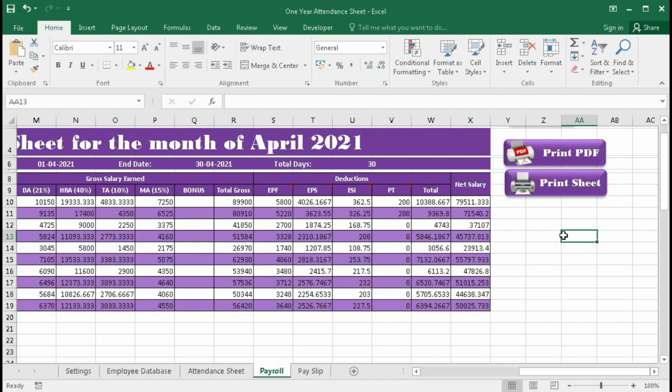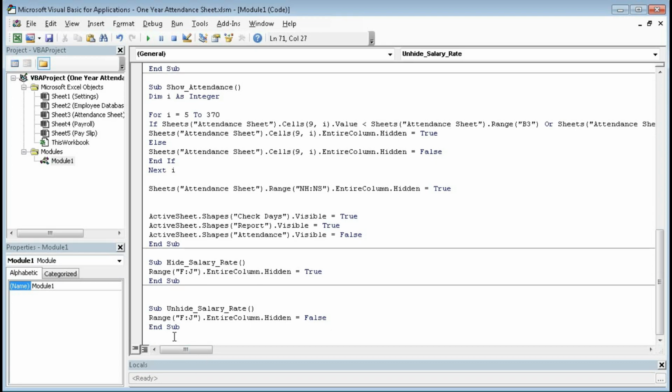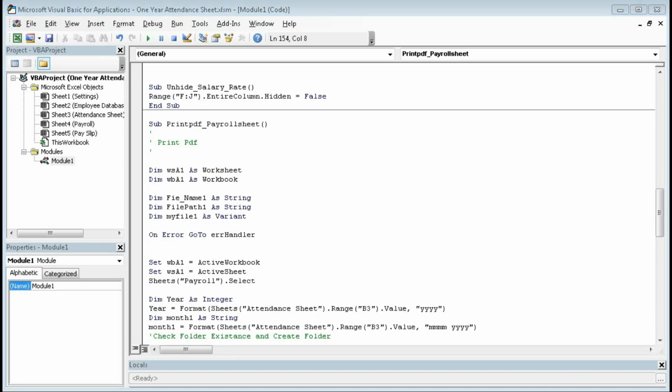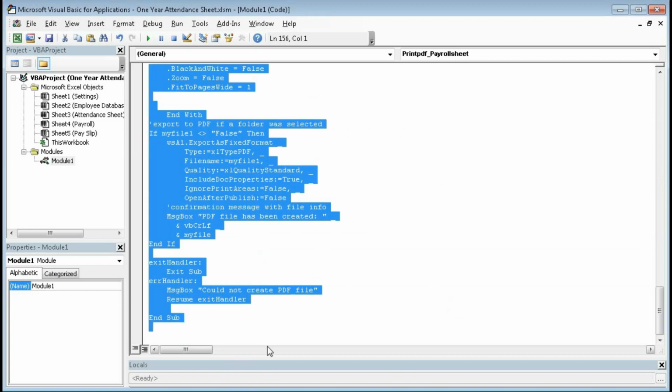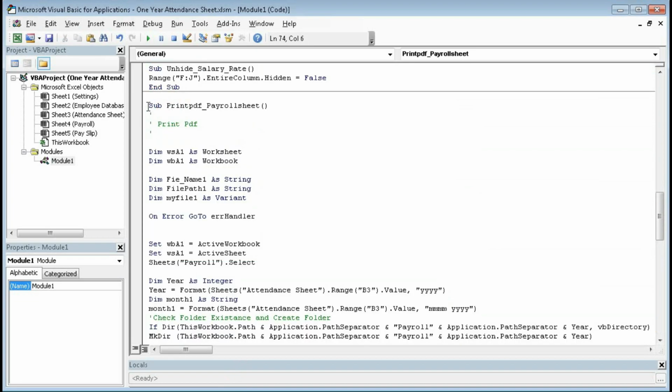Now go to developer button and click on Visual Basic. Now here we will create the code for those buttons, so I will copy paste it. You can see here, this is the code for exporting the payroll sheet as PDF. We start with sub print PDF payroll sheet.